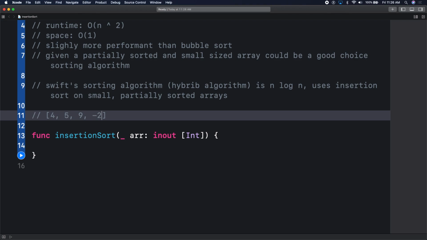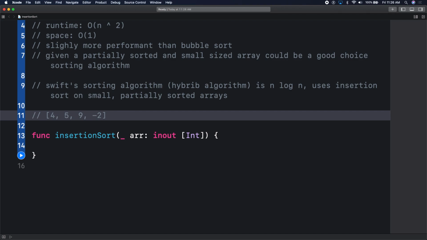I'm giving us a heads up on how Swift sorting works, and at a higher level, this is how it works. As far as the internals, exactly how it works, that's documentation you'd have to look at. I don't even think that's exposed or public. To clarify, this works ideally on small partially sorted arrays,